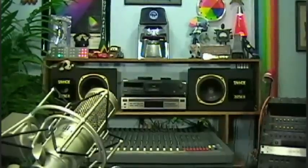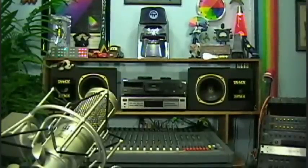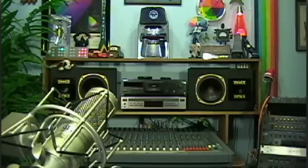You also see a pair of Tannoy NFM8 studio monitors. These are concentric driver monitors with a woofer and a tweeter at the center of the woofer. You can see in that little gold section in the center. And up above the